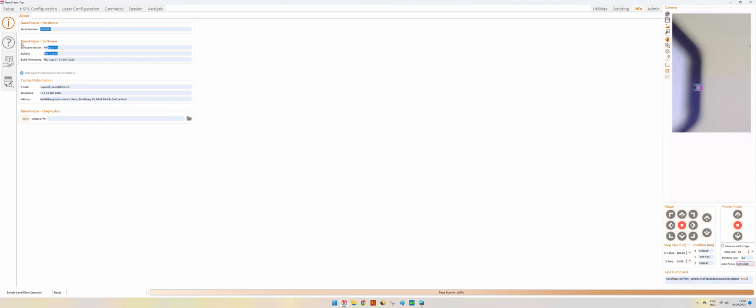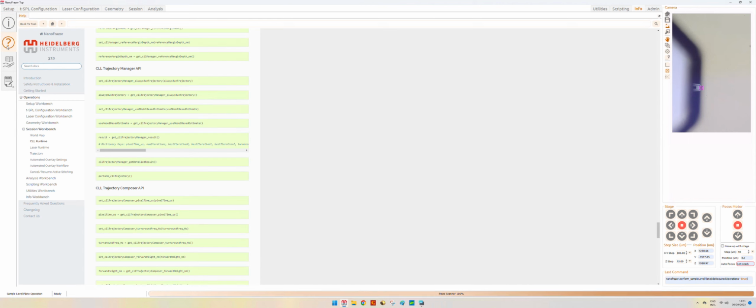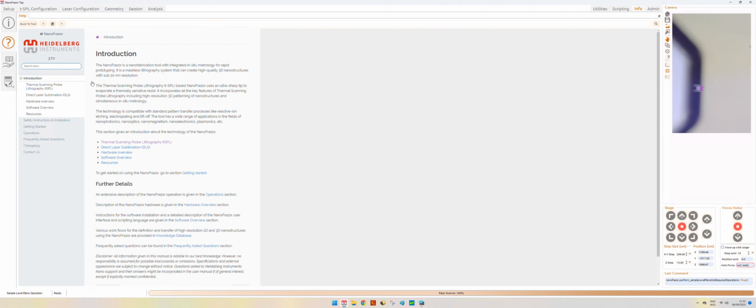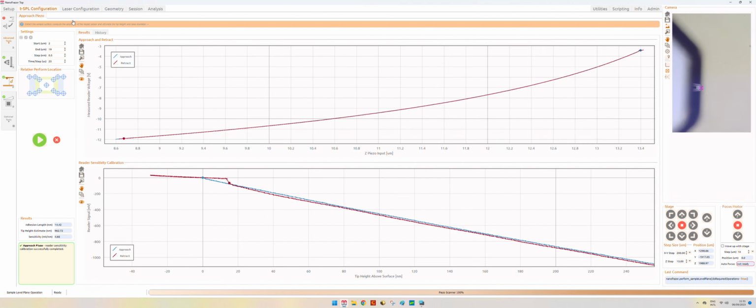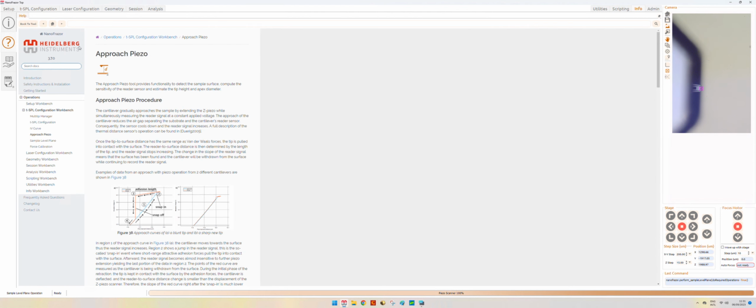So here we have this about. Then in the question mark we have our user manual. The user manual is quite nicely integrated with the software as shown in the previous video. If we press any question mark when we are using any function, we will go to the specific section of the user manual that explains, for example, the approach piezo.